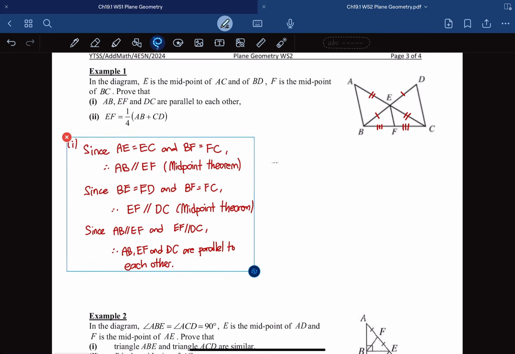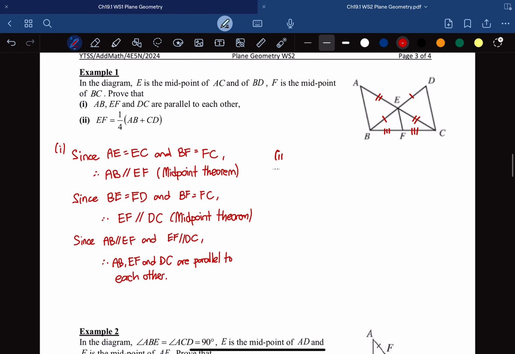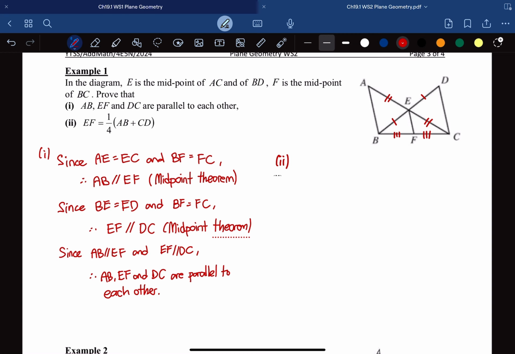Now let's look at part 2. Part 2, I want to show that EF, this length of this EF is 1/4 of the length of AB plus CD. So how do I show that? Okay, so we can make use of the midpoint theorem again. From here, by the midpoint theorem, I know that since I look at this triangle again, this triangle here, okay, since AE is equal to EC and BF is equal to FC, the next property of the midpoint theorem tells us that therefore EF is equal to half the